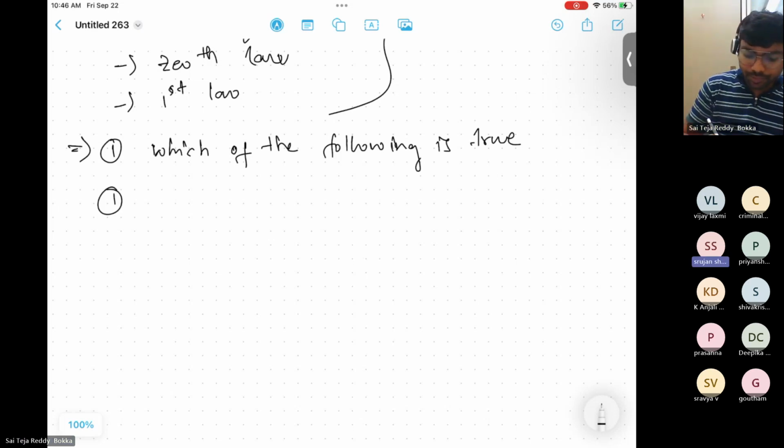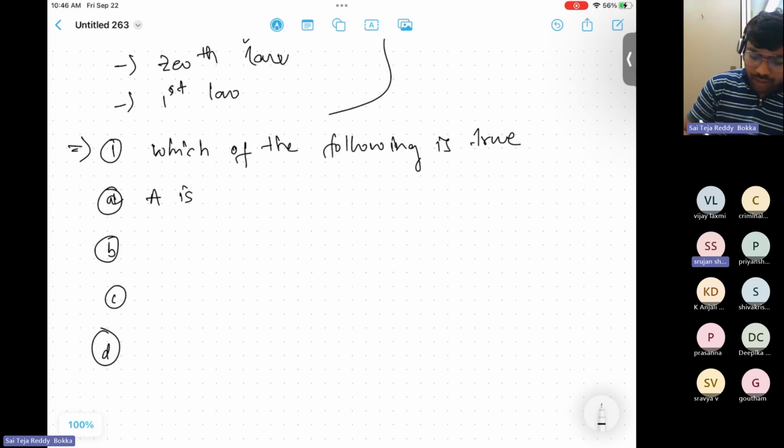First option A, option B, option C, and option D. Your option A is in thermal equilibrium when